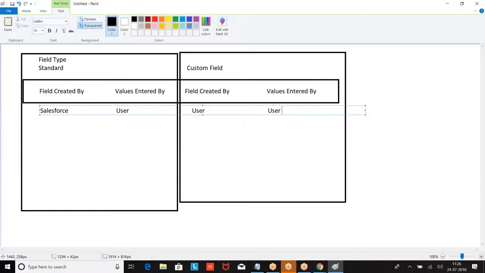Now, some of the standard fields: it is a standard field only. Any field which is created by Salesforce is a standard field. But some of the fields which are created by Salesforce, and values are also entered by Salesforce, are called system fields.